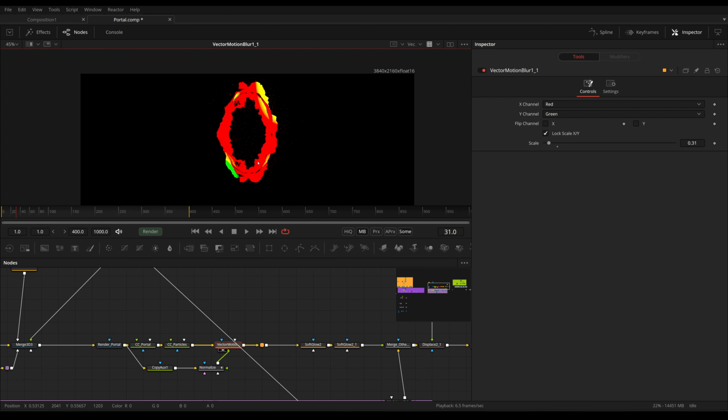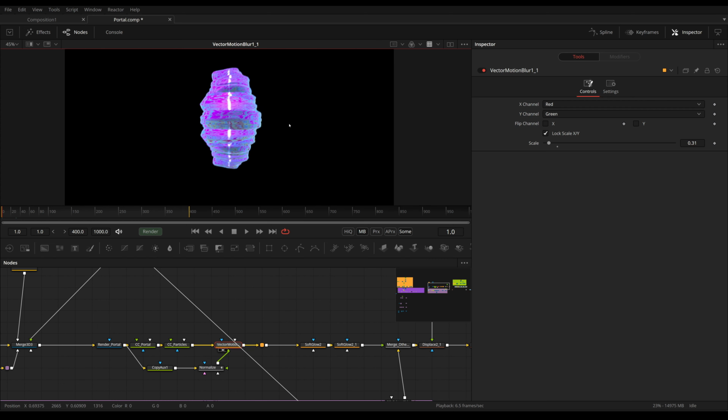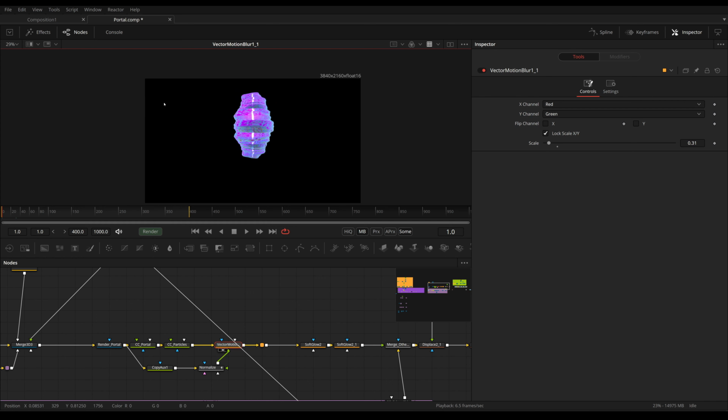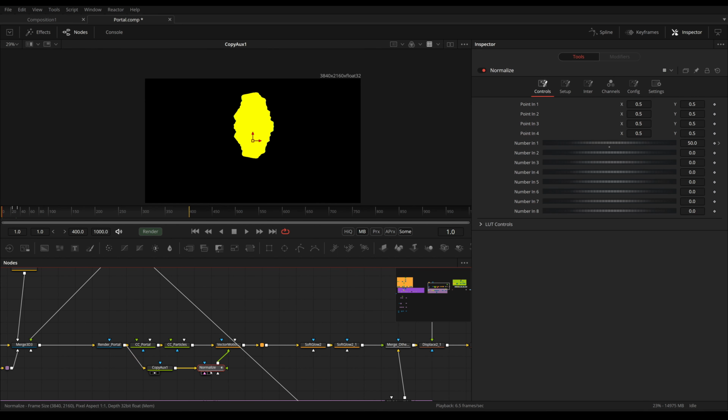But because we have such a high velocity sometimes, and because of the high deformation of our portal right at the beginning, these values can get insanely high to the point that our image just is broken. And sometimes the motion blur suddenly goes from completely left to completely right because the velocity is so high. This is why I've taken the copy orgs right here to map the vector channel to our color channel, and then I've plugged that into a custom tool.